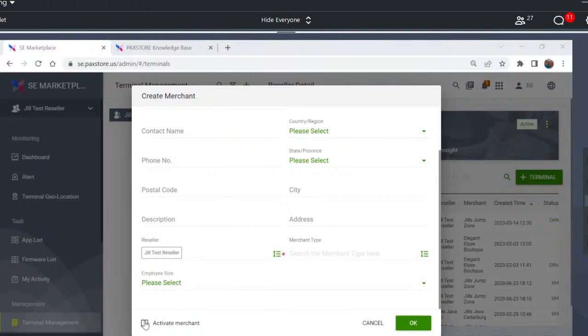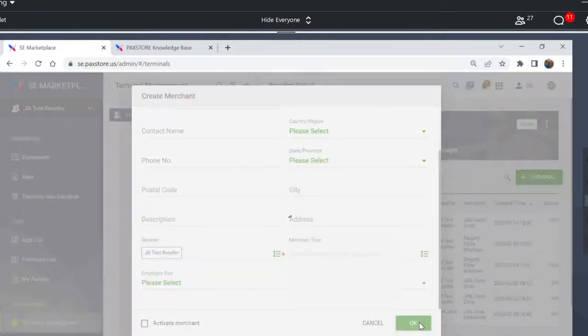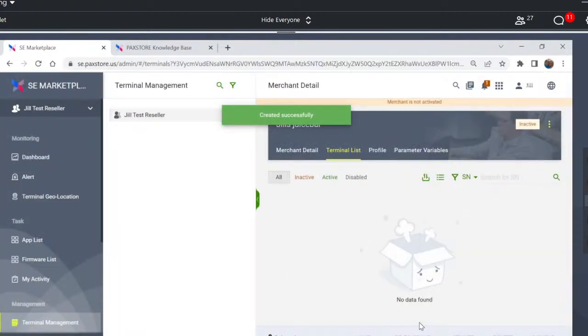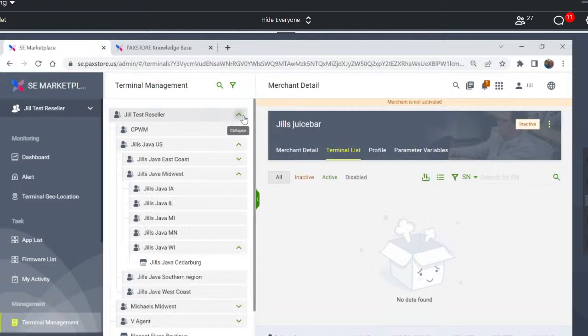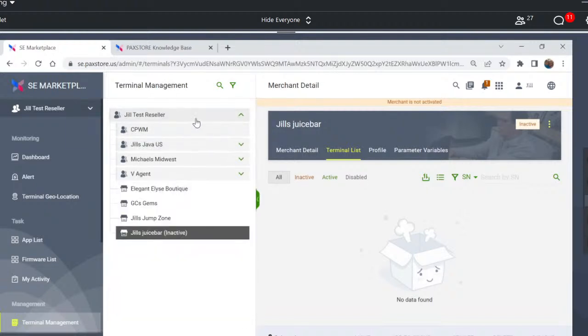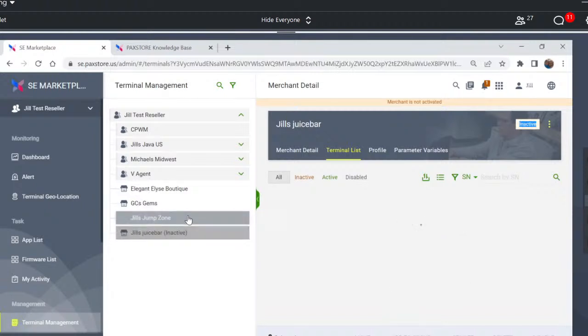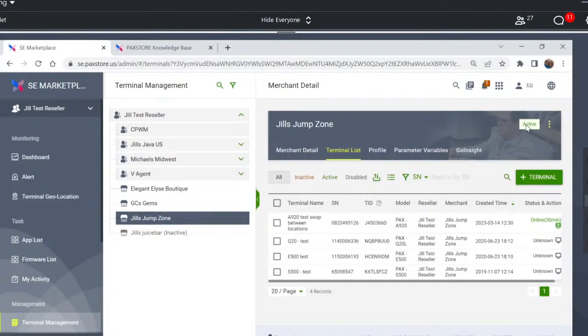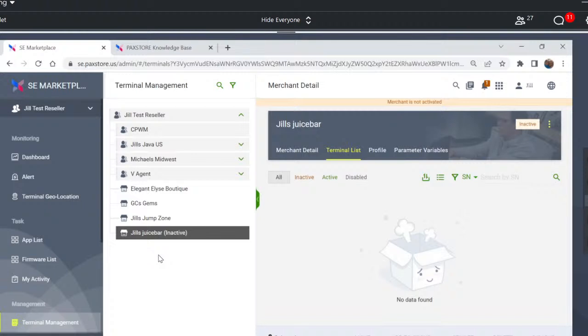All right, so activation, let's get back to this. This is like a green light, go on to the next step, right? Without this, and I'm going to turn it off just so you know, if I forget to activate my merchant, what's going to happen is it gets created, but I can't do anything else. So here's what's happening. Direct off my top level, I see Jill's Juice Bar is currently inactive. Looking at Jill's Jump Zone, this one is active. So how do I make Jill's Juice Bar active to go on to step 2, which is to add my